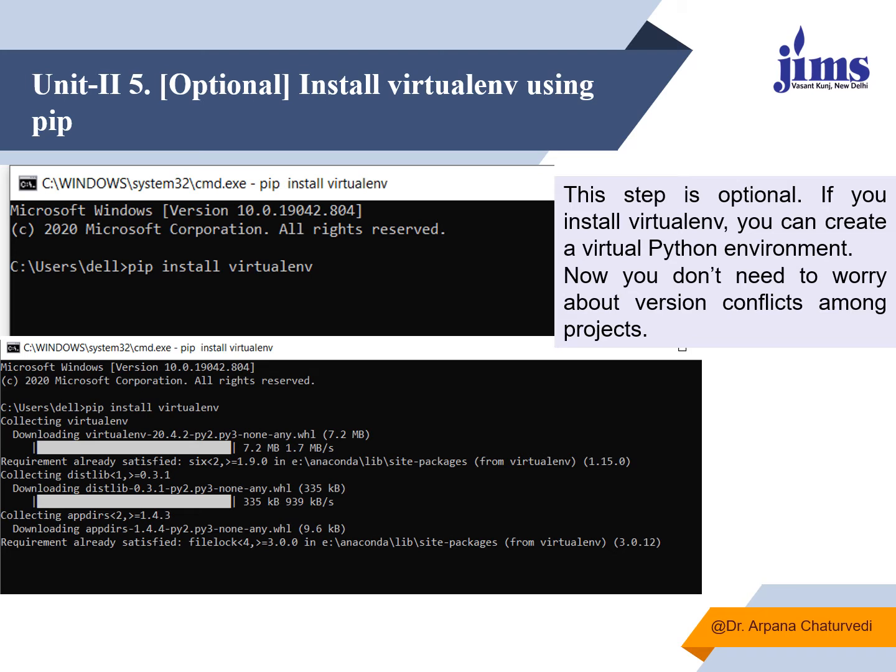Then you can install virtualenv also. To install virtualenv, you have to use pip, which is an installation package. To install any package, you have to use pip. It's an installer. You have to write in the command prompt: pip install virtualenv. It will start installing that. This is the progress bar, which shows how the installation is going on, how much is being installed.